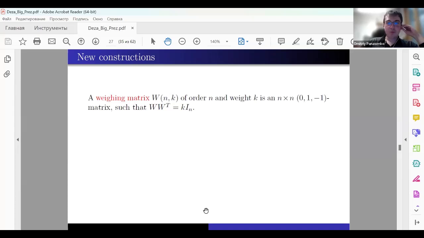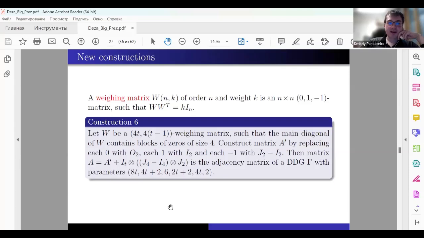Now the other construction, with a weighting matrix, we were able to find. A weighting matrix of order n and weight k is an n by n 0, 1, minus 1 matrix with the property that if we multiply this matrix by its transpose, we get the identity matrix multiplied by some value k. So if we have a 4t by 4t weighting matrix W, and the main diagonal of W contains blocks of zeros of size 4,